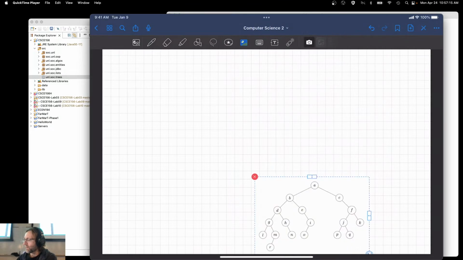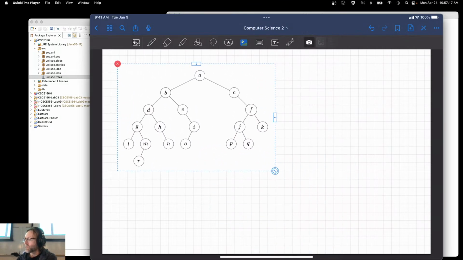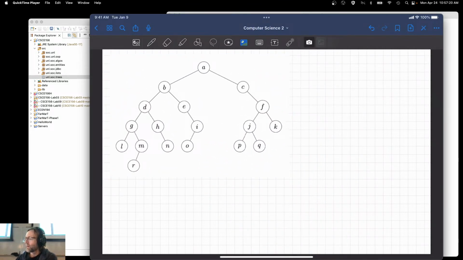Binary tree. There we go. Here is a much larger tree. And again, E has no left child, but it does have a right child. A has both children. R has no children. It's a leaf. What's another example? M here has a left child, but no right child. Right? So now what we can do is we can look at each one of these nodes, and we can